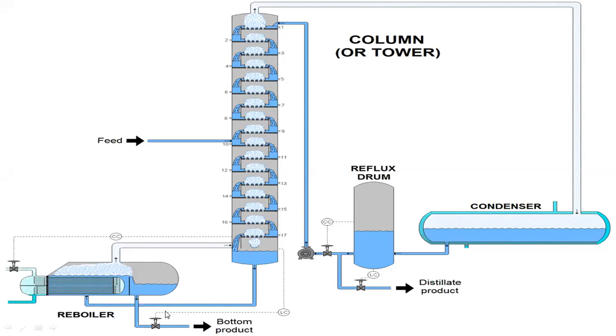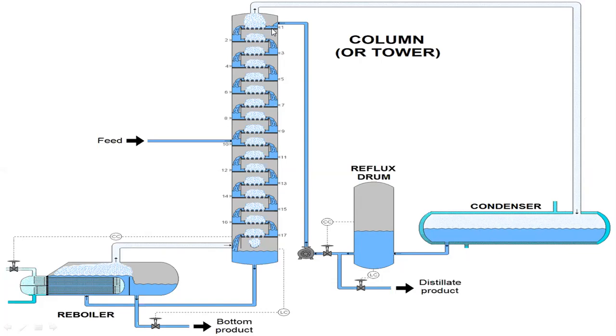And so liquid gets collected at the reboiler, and again it is boiled through a heat exchanger, the reboiler, where the steam is coming, and then it is sent back to the column. Again, the vapors keep going up. When you go to the top, you have the return line coming to the condenser. Vapors get condensed here, and you again send the reflux from the vapors, pumped again to the top.